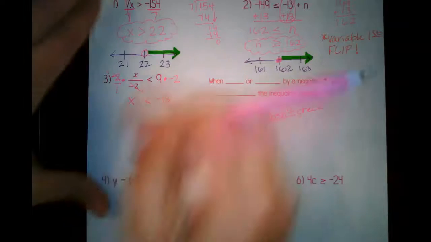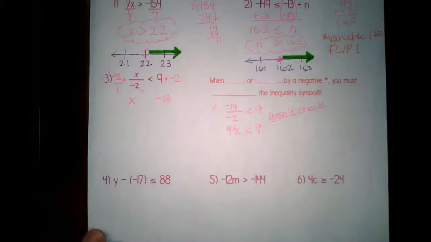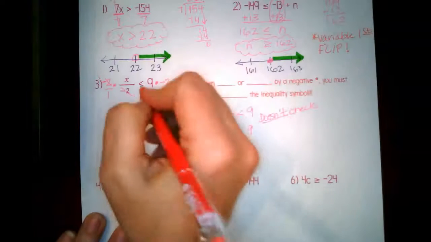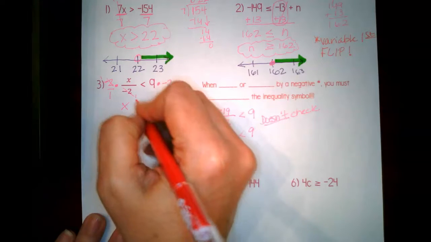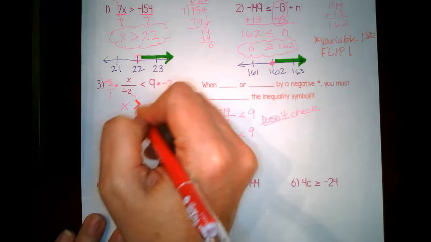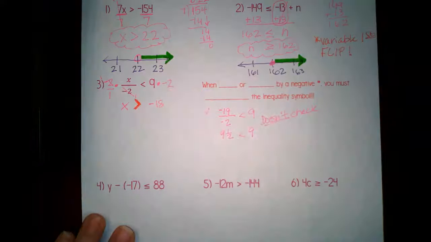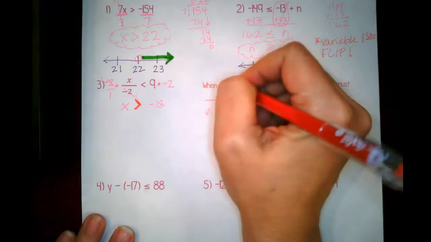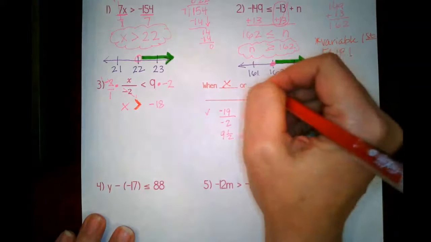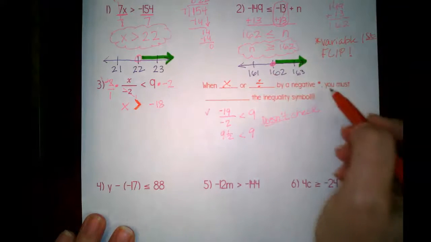Okay, you're going to have to flip this around. That is what is very different. So I'm going to make it really large and in a different color. Okay, and that's what this note is. When you multiply or divide by a negative number, you must